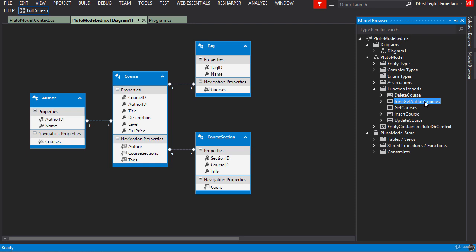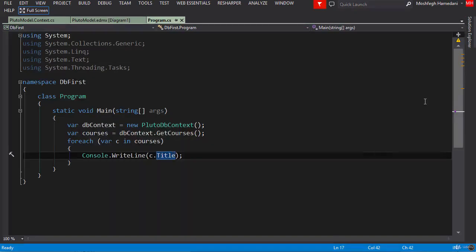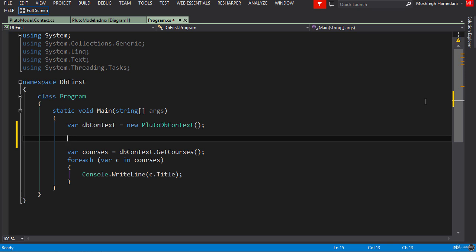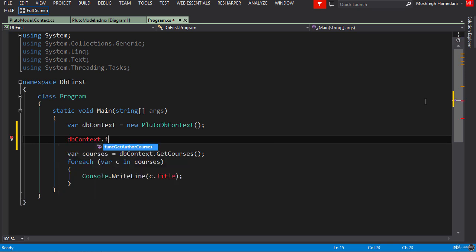So let's go back to the program. So in my DB context, look, we've got func get author courses. This method name does not follow standard C# naming conventions. So we can change that to a proper method name, and it will still map to the same function in the database. So back to the model,